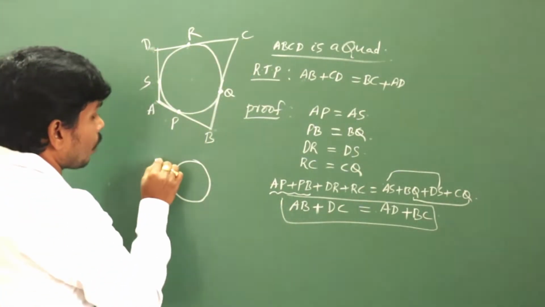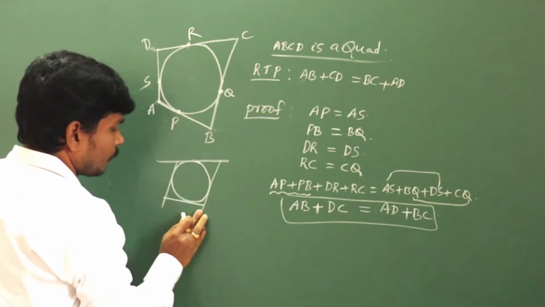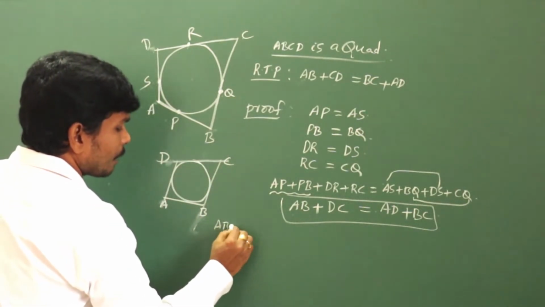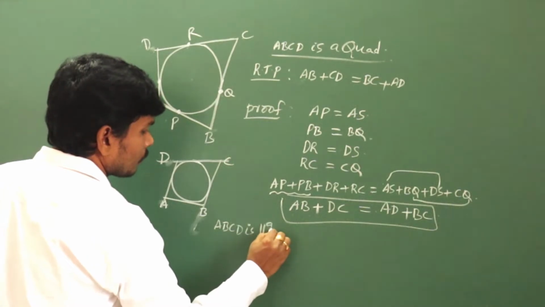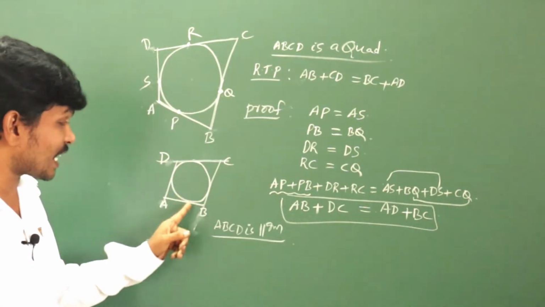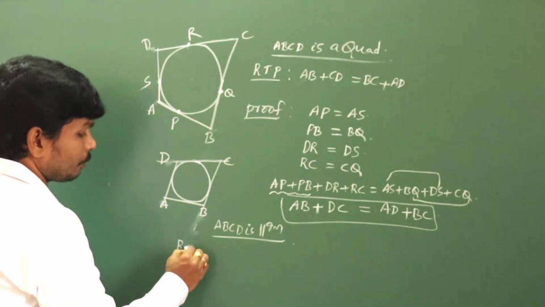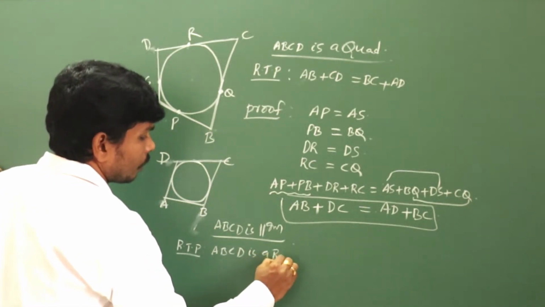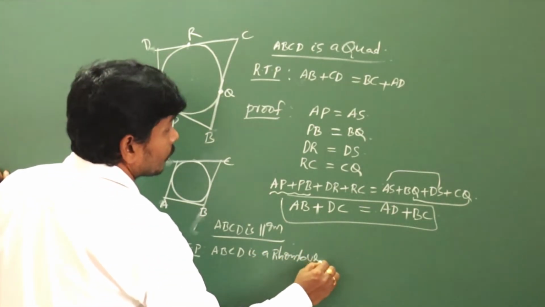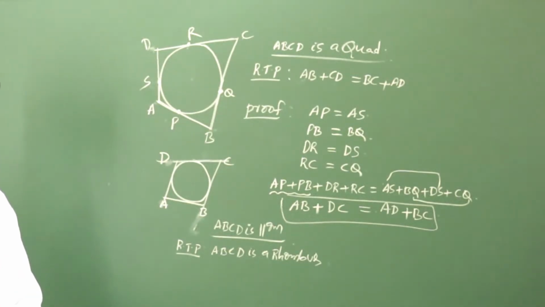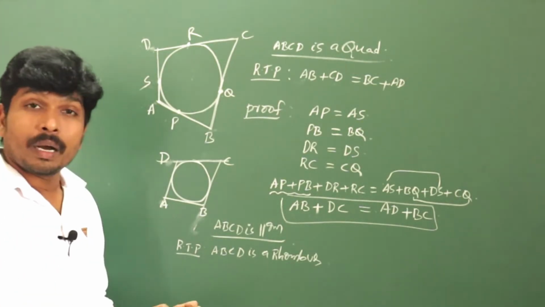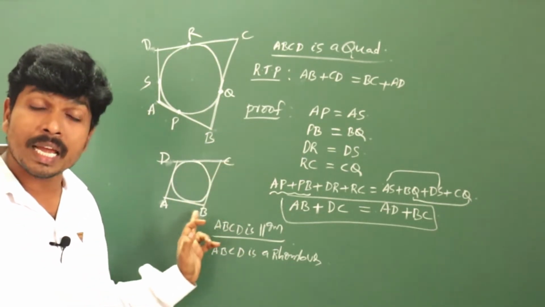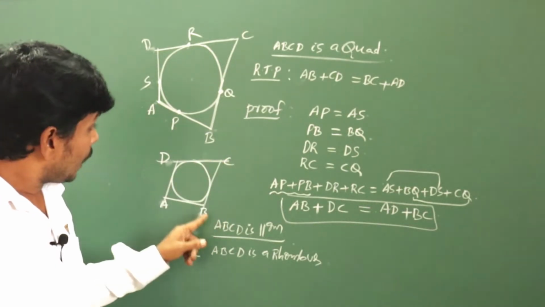Now if ABCD is a parallelogram, a circumscribed parallelogram, then prove that ABCD is a rhombus. Can you prove? Is that proof easy? Dead easy this proof. Because here, what is meant by rhombus? In a quadrilateral, all sides are equal. That is called a rhombus.